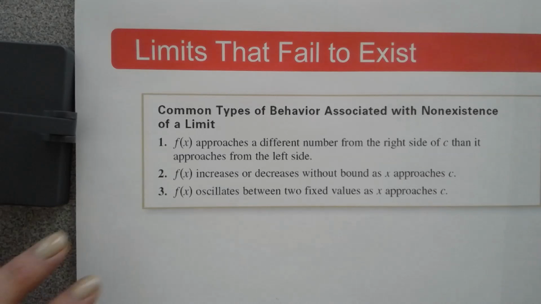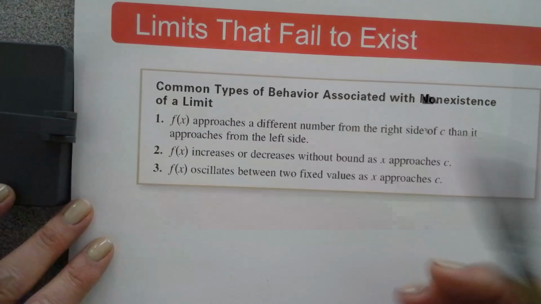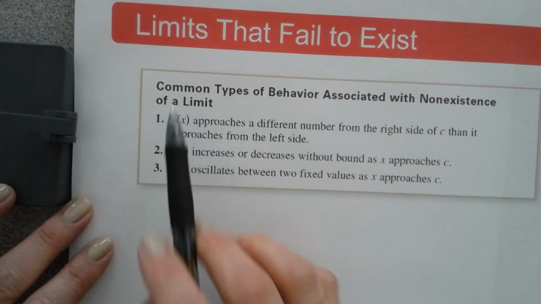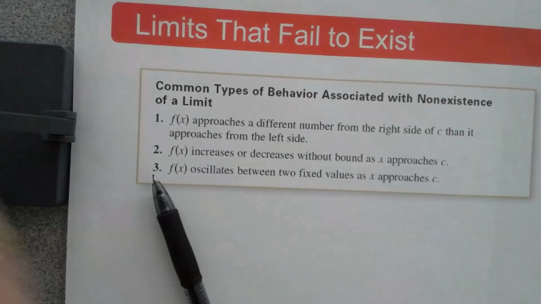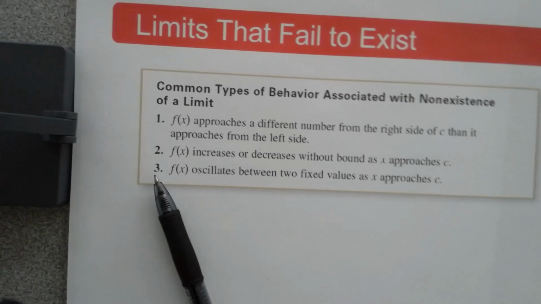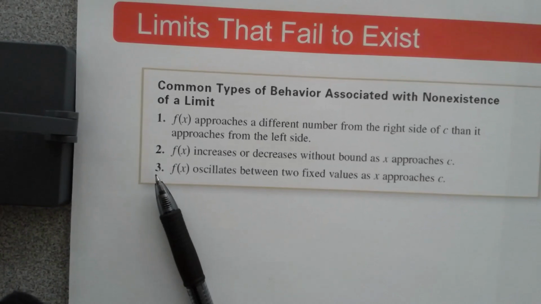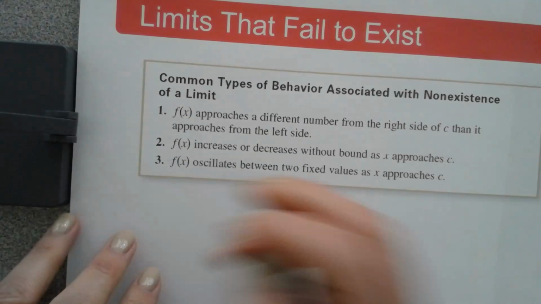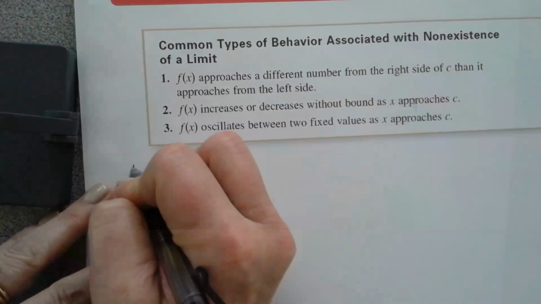All right, so when limits fail to exist, there are three reasons why they fail to exist. The first one is that f of x approaches a different number from the right side of c than it approaches from the left side of c. An example of that: